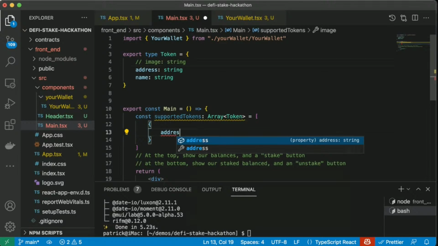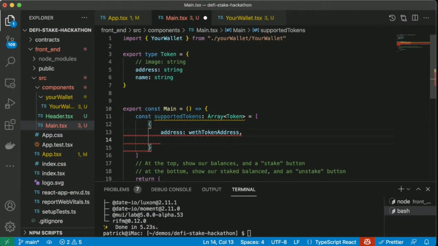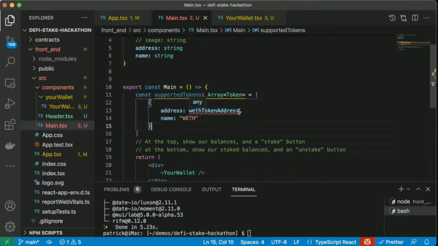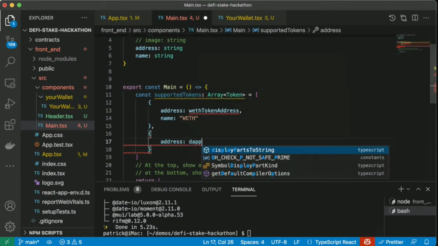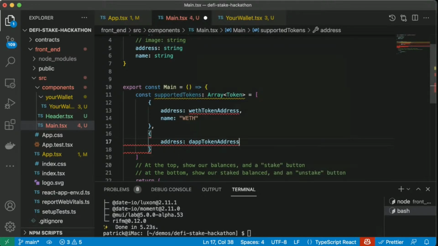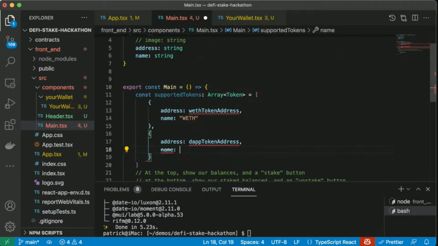We're just going to say address, and this is going to need to be the WETH token address, which we're going to have to get in a second. Name is going to be WETH. And then let's just do one more for here, but in the actual code it's going to be more. And then in here we're going to say address. This one is going to be the DAPP token address. The name is going to be